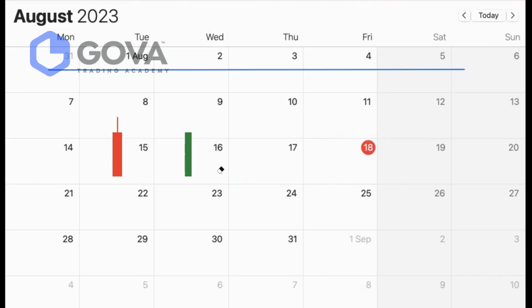What if we have another scenario? Let's say, for example, this is another scenario here. Let's say the candlestick on Tuesday is a bullish candle. The candle on Wednesday is also a bullish candle. And let's say, for example, the candlestick on Thursday, guys, is a bearish candle. Now, this candlestick on Thursday, which is a bearish candle,